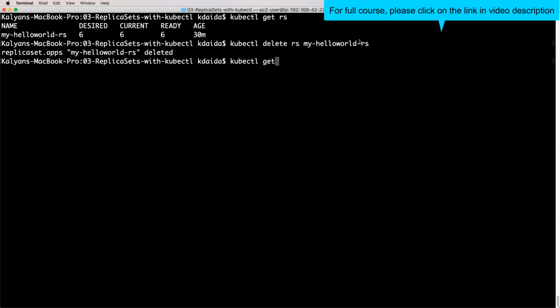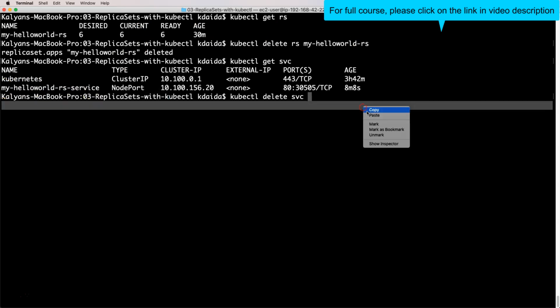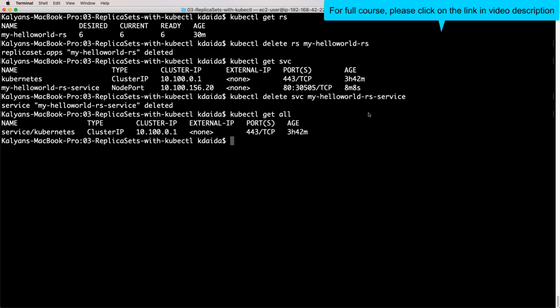The same way, kubectl get svc, which is kubectl get services, and kubectl delete svc my hello world service. Once this is completed, you can say kubectl get all to see what is present in your default namespace where you have worked. Other than the Kubernetes default cluster IP, nothing else is available.